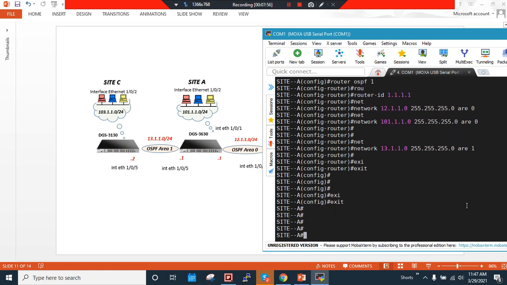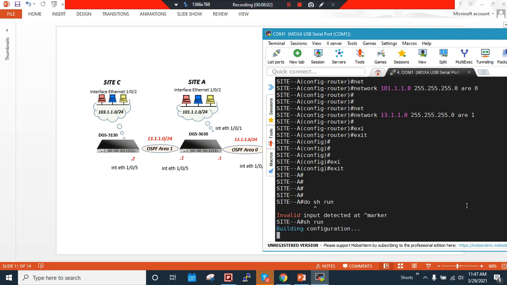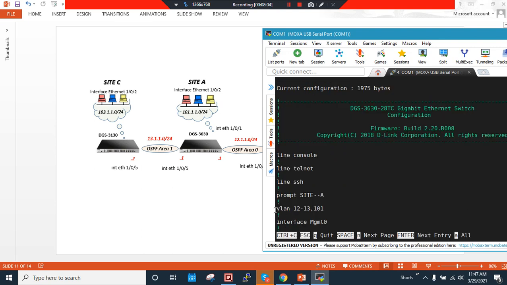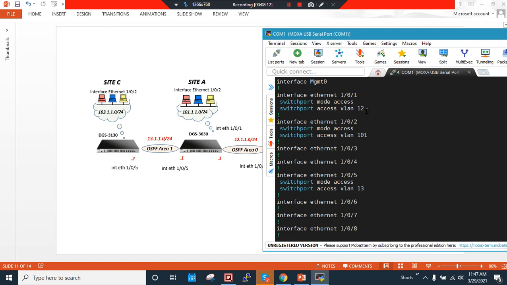Now let me show you again. Do show run, show running config. As you can see, I have VLAN 12 and 13 and then I have a VLAN 101 according to my topology, and I have this port 12, which is VLAN 12, part of Ethernet 1/1 interface, which is connected to